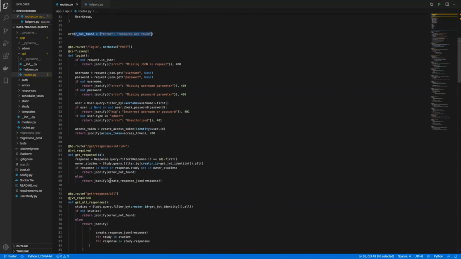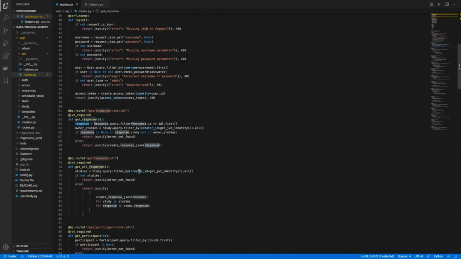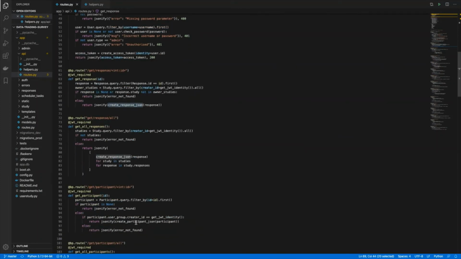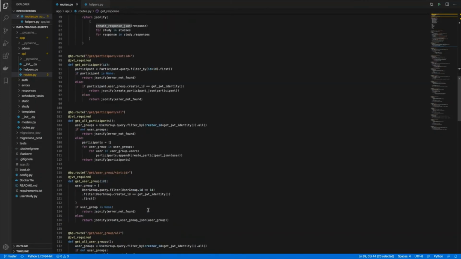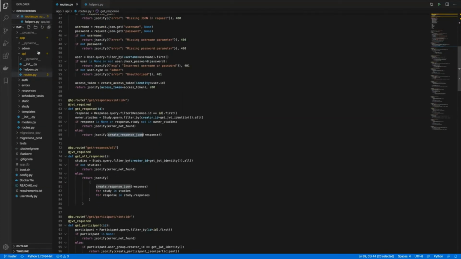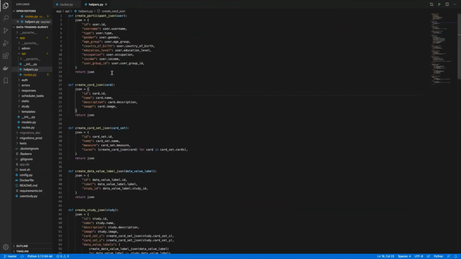Otherwise, this create response JSON method is run and is passed the response, which is retrieved from the database. You'll see a lot of these create response JSON or create something participant methods being used, and these are basically creating a JSON representation of the tables within the database.